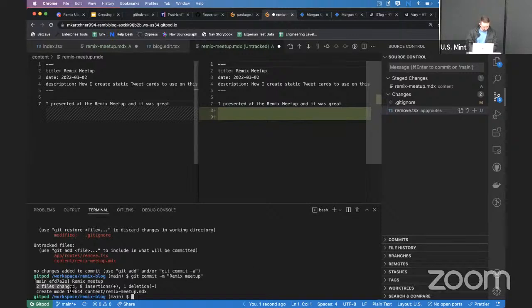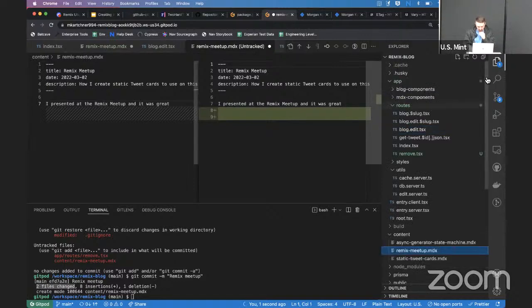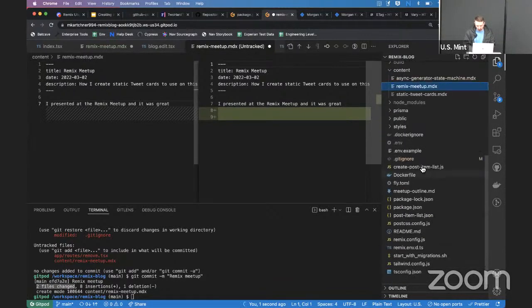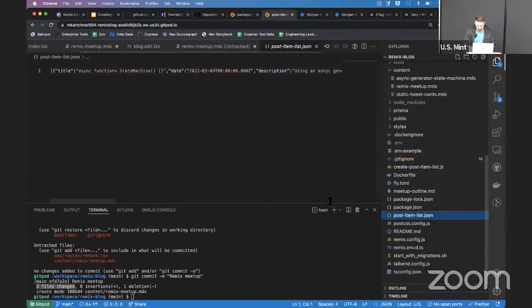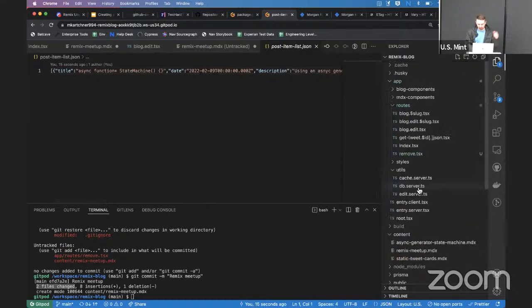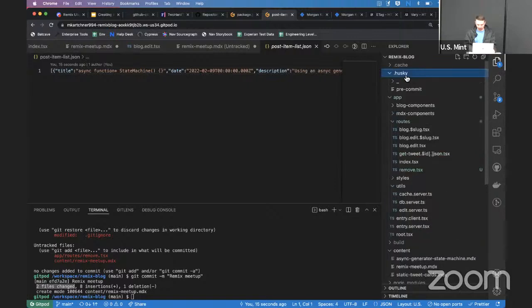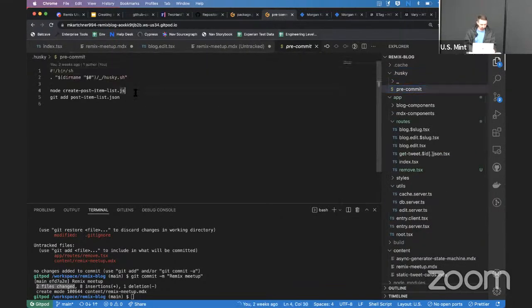And you can see here we have 2 files that changed, and that's because of how I set this up. The initial post list is in this post item list JSON. I have a Git hook that on commit, it'll run this pre-commit step and it'll create that post item list. So that's the source of truth for which posts that I have.